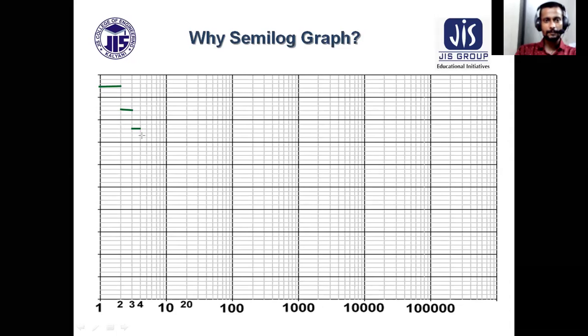This difference is again lower. So the difference between the first two consecutive lines is much larger than the second one. The second one has a much larger difference than the third one. So why does this happen? Or in case of millimeter graph paper, what happens? If this is the first line, this is the second line, this should be the third line. So uniform gapping should be there in case of millimeter graph paper. But in case of semi-log graph paper, uniformity would not be maintained in the x-axis.